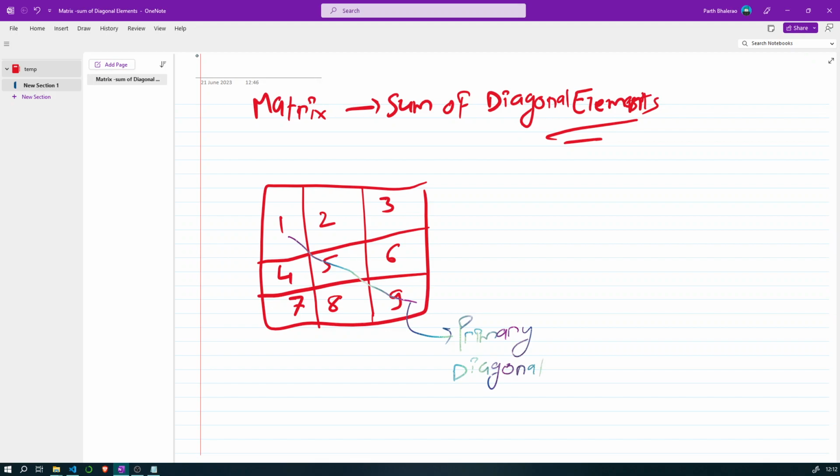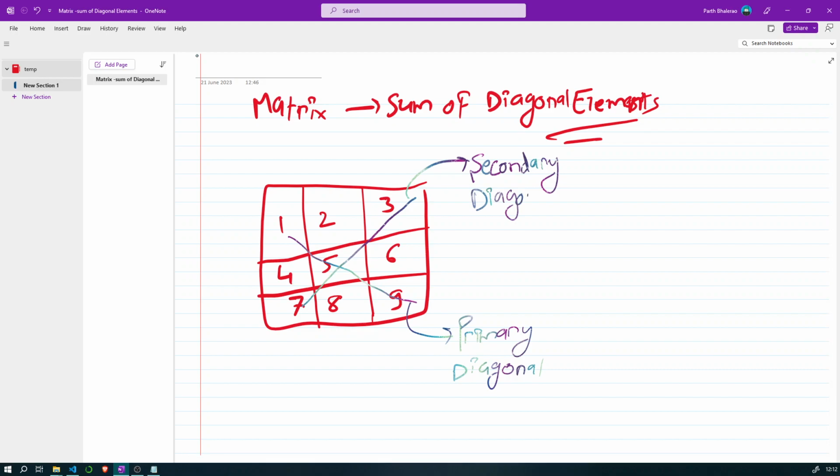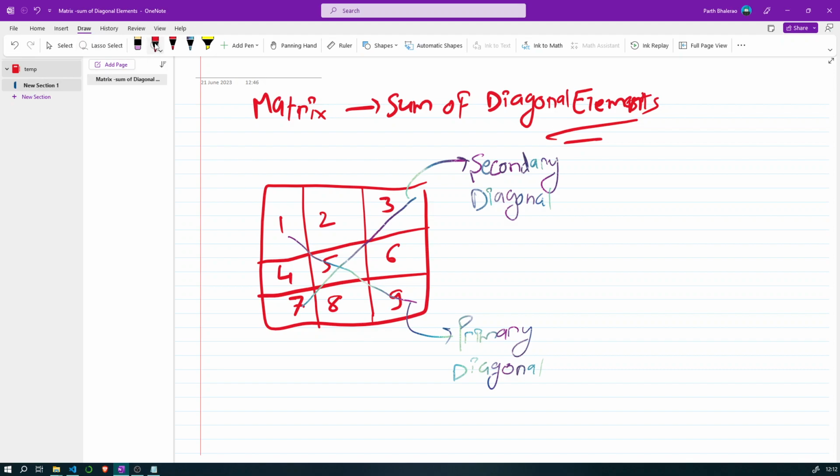Similarly, this here, starting from 7, 5 and 3, this right here is called the secondary diagonal. So when the problem states we need to find the sum of diagonal elements, we need to find the sum of all elements both in the primary as well as in the secondary diagonal. As simple as that.